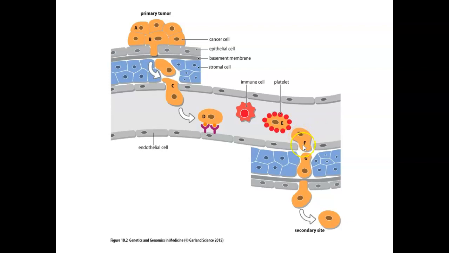So once they stick, let's say at stage F right here, you can see there are epithelial cells right here. They can retract or kill these epithelial cells to allow them to diapedese, which is a funny word, into the surrounding tissue area and to some secondary site. And then once they reach whatever that secondary site is, either by density or food, they can set up shop somewhere else. And that's a generalized overview of how that works.